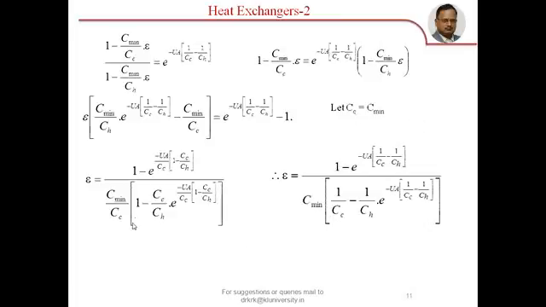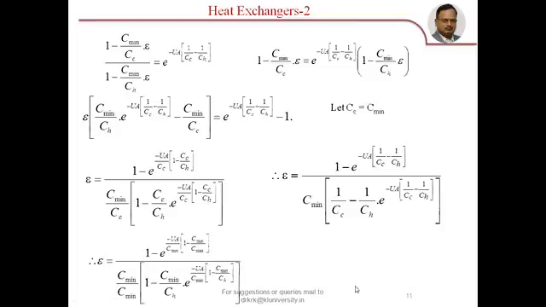Because we are assuming C equal to C minimum, the C minimum and C cancel. You will get 1 minus e power minus n into 1 minus C by 1 minus C minimum by C maximum is C into e power minus n into 1 minus C. This is the expression for effectiveness of a